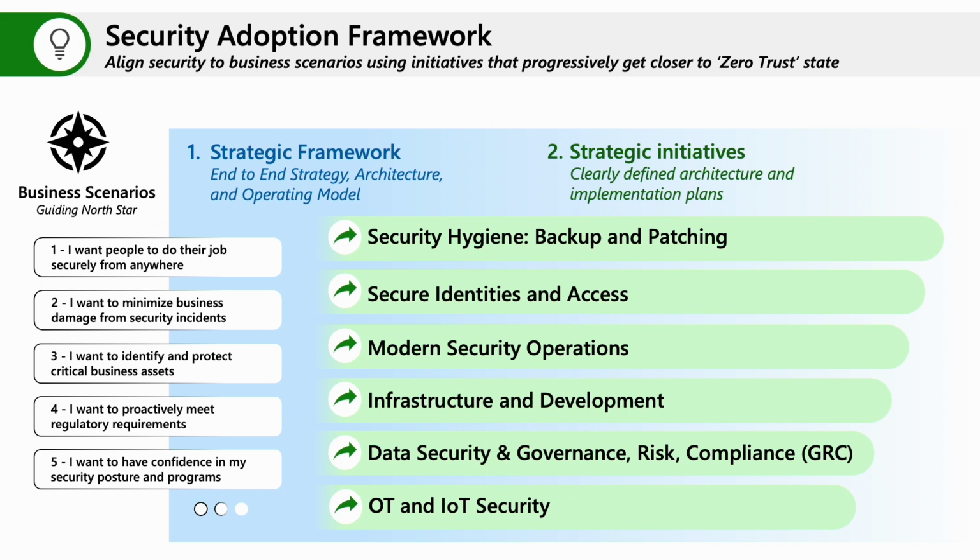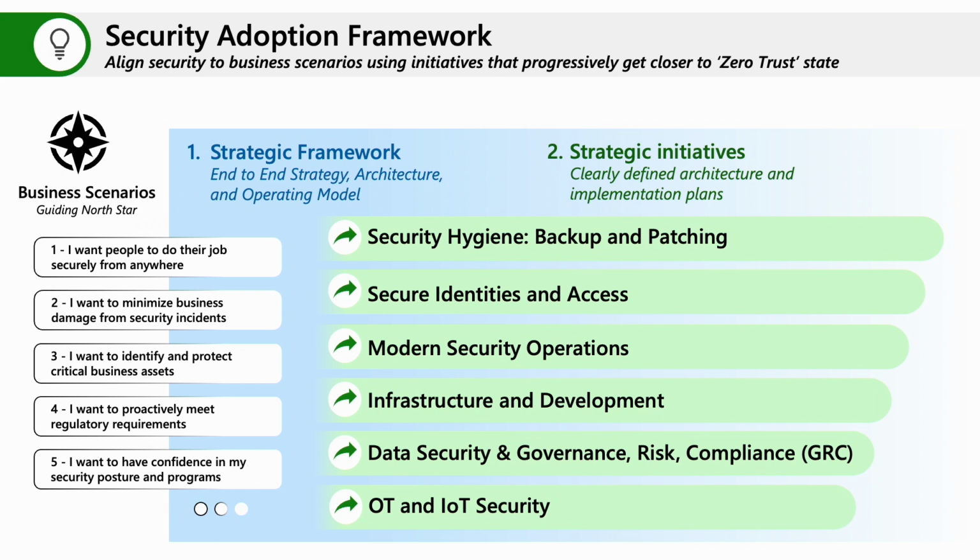And so think of this in terms of, hey, I want to have a good secure building, right, or facility or campus. And so I want people to be able to be secure wherever they are. I want them to be able to get to anything that they need to for their business, et cetera. But in order to do that, I need lights, cameras, I need fences, I need to have a center that's answering phone calls, et cetera. So there's a little bit of a what versus how here.